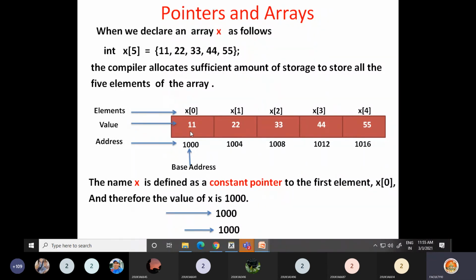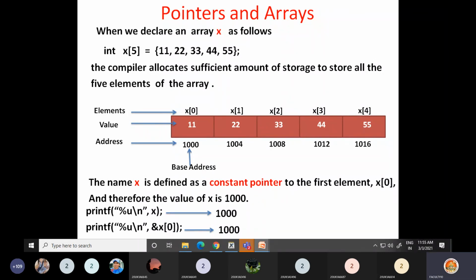When you print x, then 1000 will be printed, which is the address of the first element. If you use printf percentage u comma x, it prints 1000. Even if you say address of x of 0, which is the first element address, that also prints 1000.